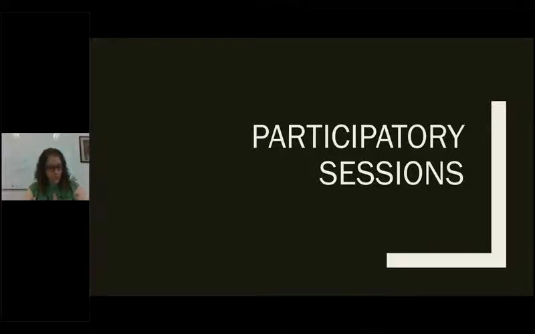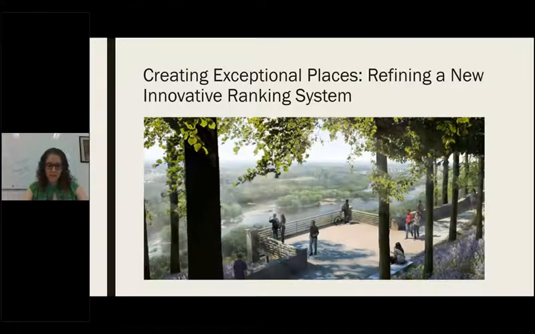So in the next few slides, I'm going to give you a couple of examples of these types of sessions that we've hosted so that you can have a better understanding of the range of content and features of each of these sessions, and maybe that'll spark some ideas for your own work. So this session, Creating Exceptional Places: Refining a New Innovative Ranking System, evolved out of a set of